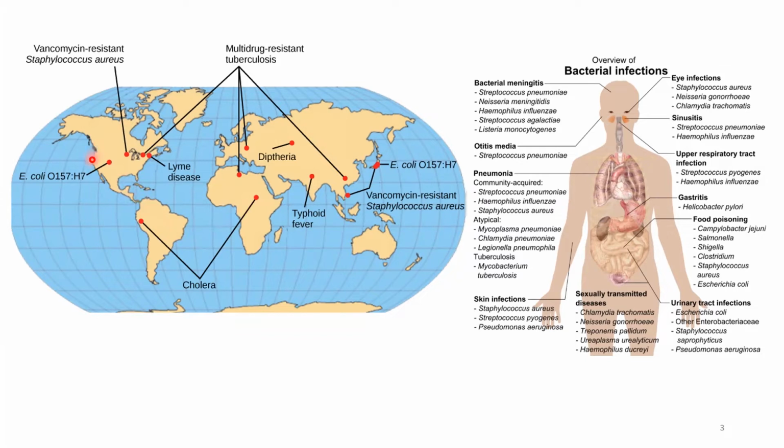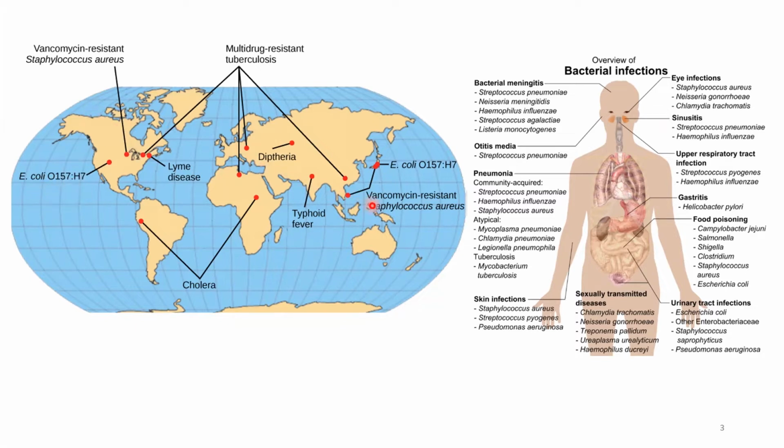And in Western countries, they also have a problem with Escherichia coli, which can cause hemolytic disease, an infectious disease caused by E. coli, with severe symptoms after infection with E. coli